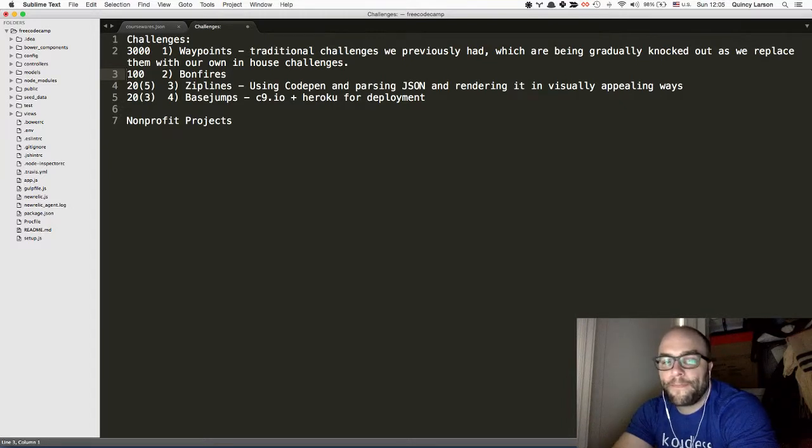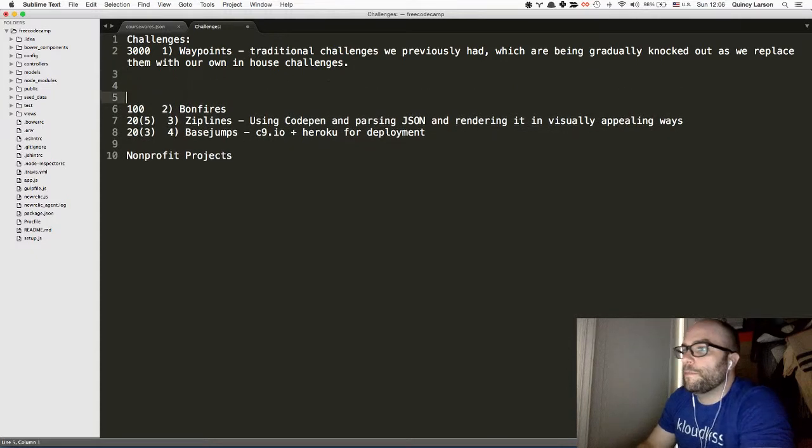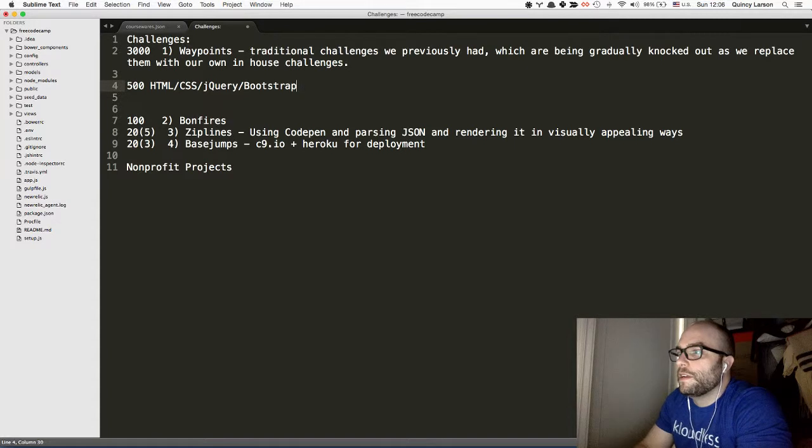Yeah, the Waypoints, with 3,000. How many are you thinking about for JavaScript specifically? Probably about 1,500. Okay, so it will be the biggest chunk. Yeah, absolutely. The way I'm thinking the Waypoints will work is, and this is just very naive, maybe 500 for HTML, CSS, jQuery, and Bootstrap. I put Bootstrap in there because, frankly, it's the shortcut to actually building decent looking websites,